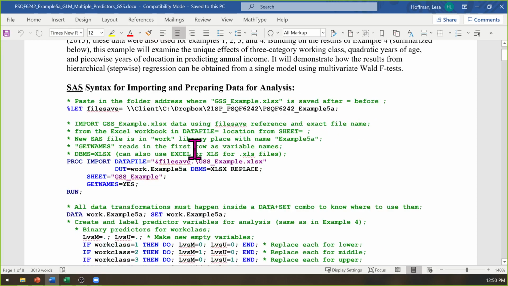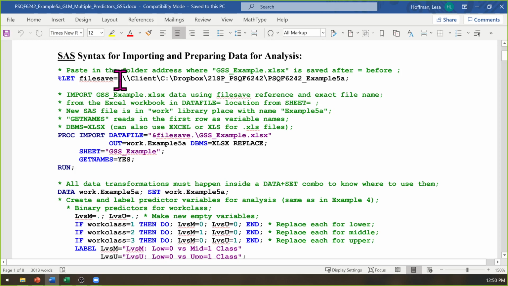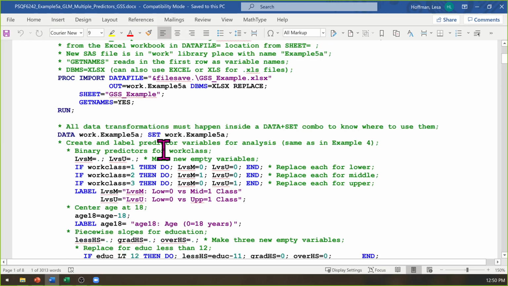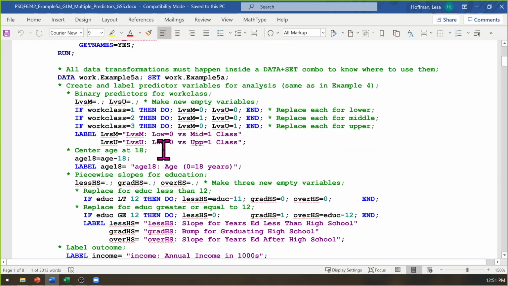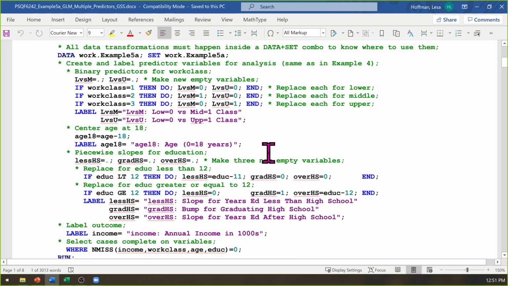The import steps in this are the same as usual. Tell it where your stuff is. Import this as an Excel file. And then we have to make all the new predictors. Up to this point, I have compartmentalized the example so that I have a data step that makes the new predictors, and then I use them immediately in the model. And then I have another data step that makes new predictors, and then I use them immediately in the model. I had done that based on feedback from previous classes that they didn't know where to look for examples on how to make the variables.